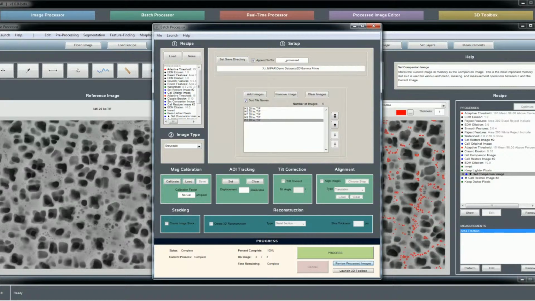Welcome to the Mipar tutorial on reviewing a 2D batch. In the last tutorial we ran a 2D batch using the batch processor. Here I have the batch processor opened in the last state of the previous tutorial, and we see the recipe that was run. We had two steps marked as layers, indicated by the star,